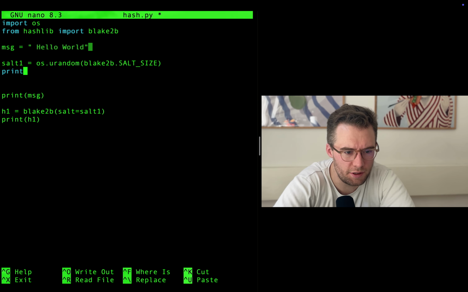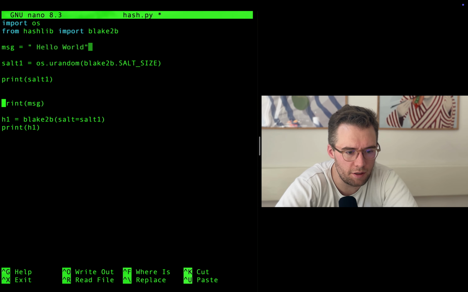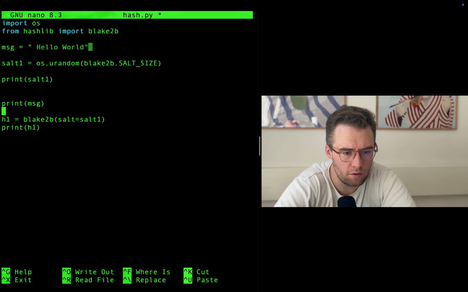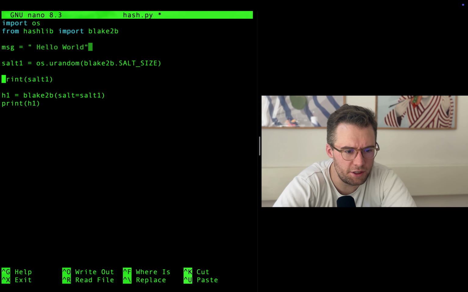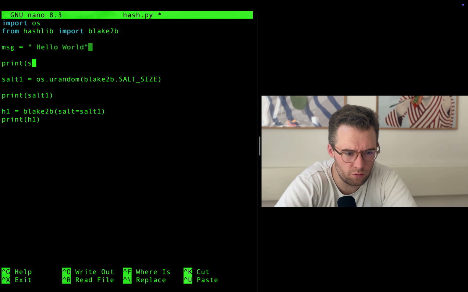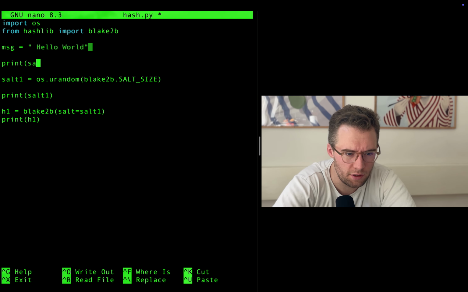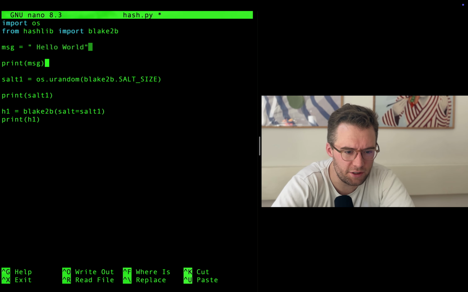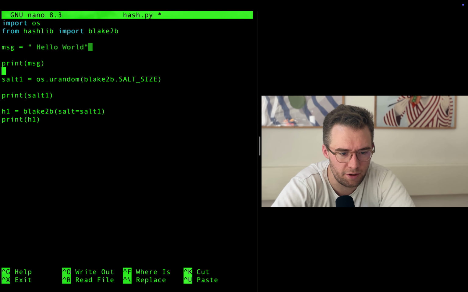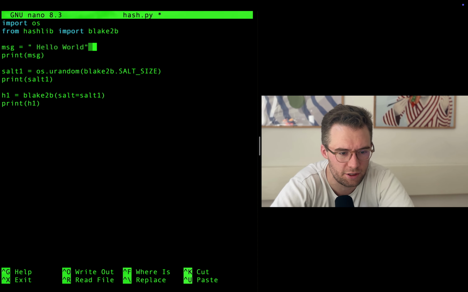And then we will print the salt 1. Okay, and then the message. As we see here, the salt which is generated has nothing to do with the actual message that we're writing. This one is just something random from the OS. So that's another security parameter